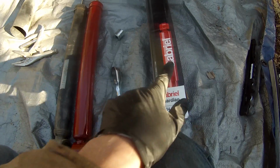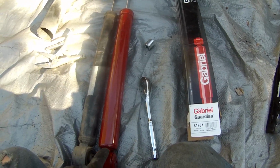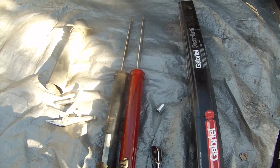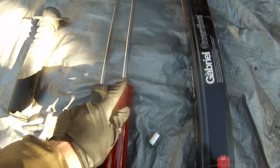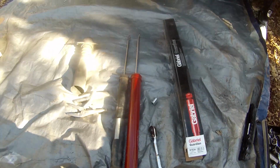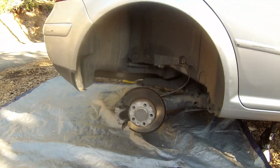Now the reason why I got this shock is because after looking at all the other shocks off of Rock Auto, which is where I got all these parts, this one seemed to have the longest extended length. Now if you compare, I got the holes lined up on the bottom. This one is slightly longer, maybe like 1/4 to 1/2 inch longer than the stock OEM shock. So I think that will definitely help, considering I'm putting a lift kit on this, but want